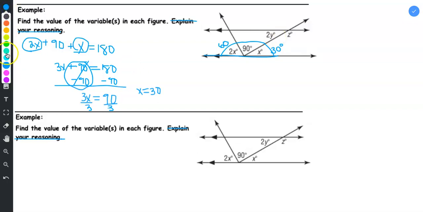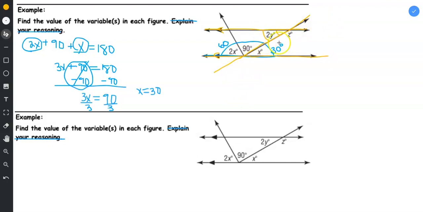So now we're going to focus on something different, so I'm going to use a different color. I'm going to treat this line as my transversal. And I know that these two lines are parallel because of the parallel line arrows. And I want you to focus on just the orange. You have your two parallel lines and your transversal. Well, if you think about it,